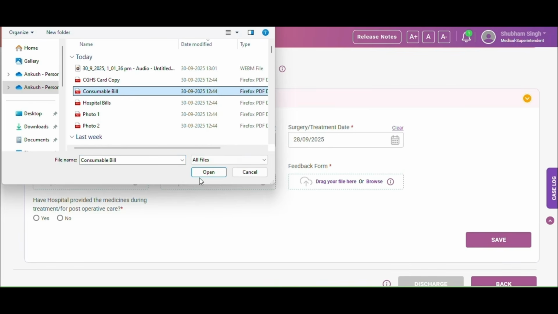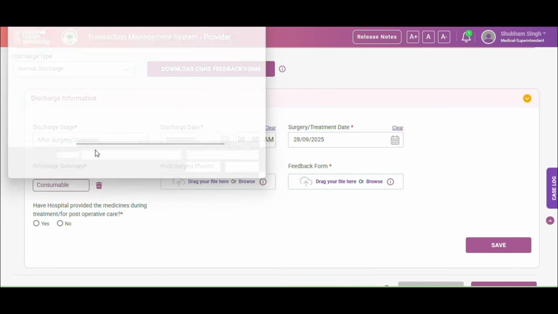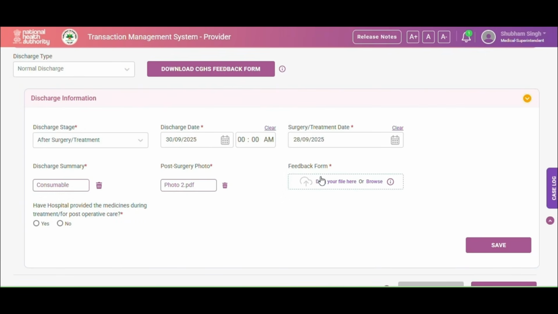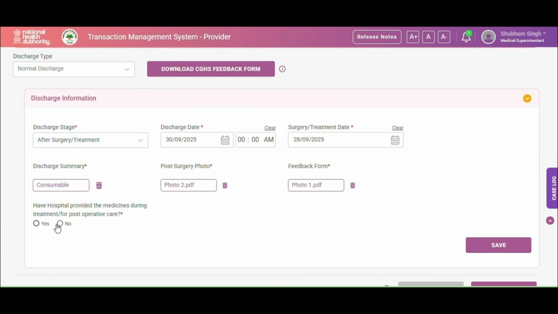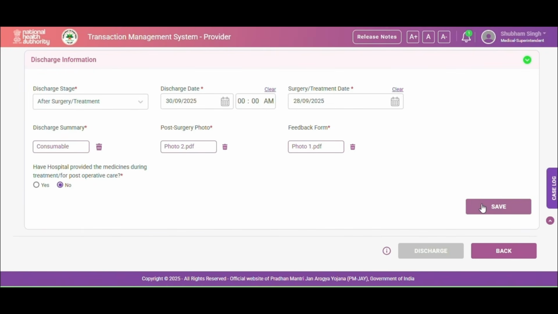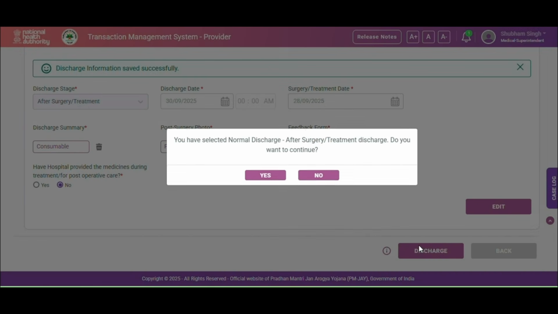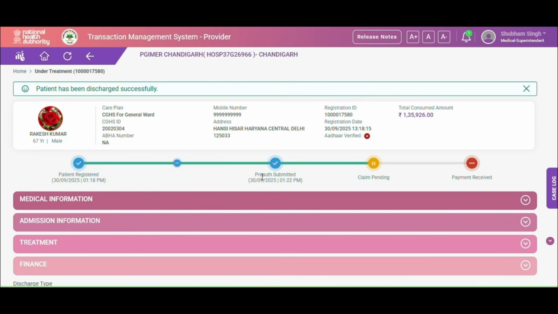We also upload the post surgery photo and the feedback form that we initially downloaded. Now we click on the save button. We can now discharge the patient by clicking on discharge and then yes. The patient is now successfully discharged.